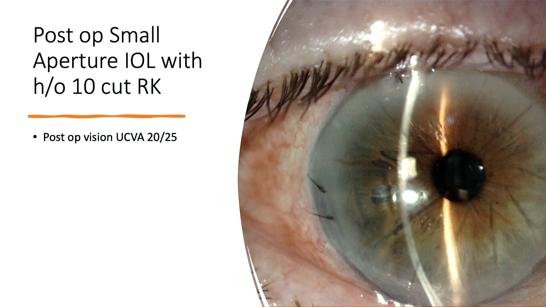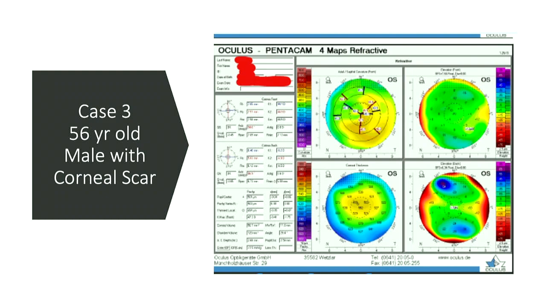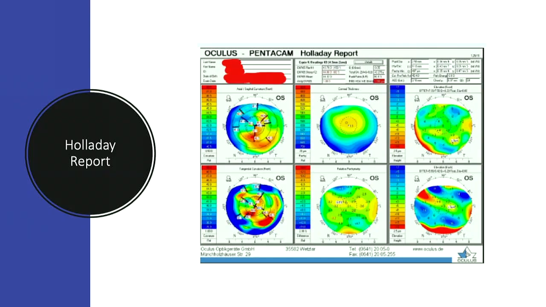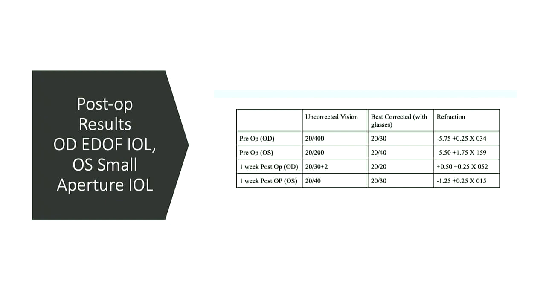This patient's post-op vision with a 10-cut RK was 20/25, and that's uncorrected. Another case, a 56-year-old with a corneal scar, and again, you could see the irregular tomography there, the irregular astigmatism, and here are some results. For his right eye, which was his unaffected eye, I chose an EDOF lens. I think I put a Vivity lens in there, and you could see that there was definite improvement post-op for both the EDOF, the normal right eye, as well as for the small aperture IOL. Again, for this patient, I chose slightly more myopia